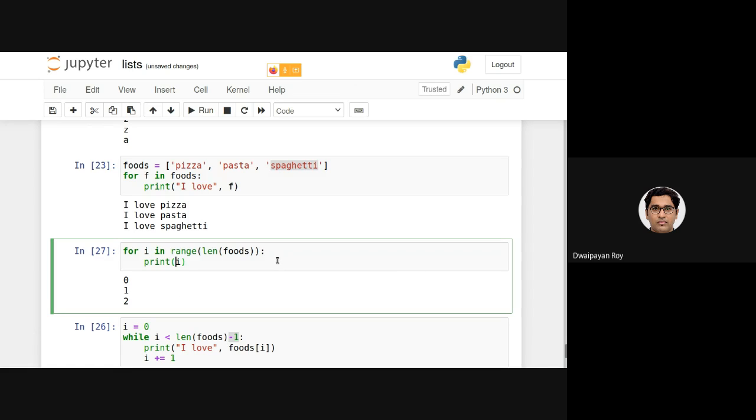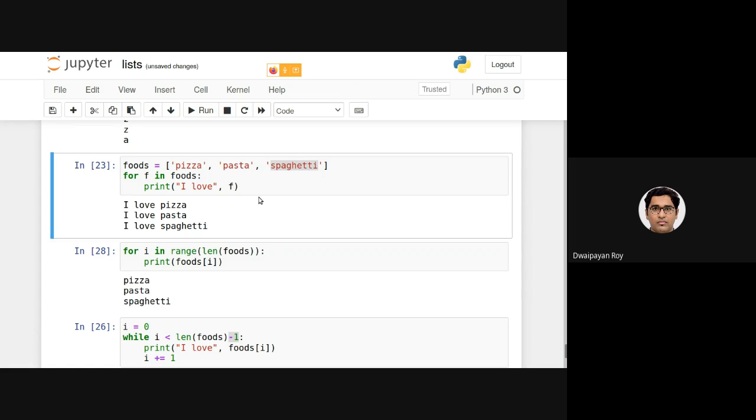Now I just need to provide foods and then the square brackets with i, so it will be accessing the individual items. So this is another way of using the for loop to access the individual items stored in a list. There will be multiple programs in which we will be applying some ways of accessing the individual items in a list.